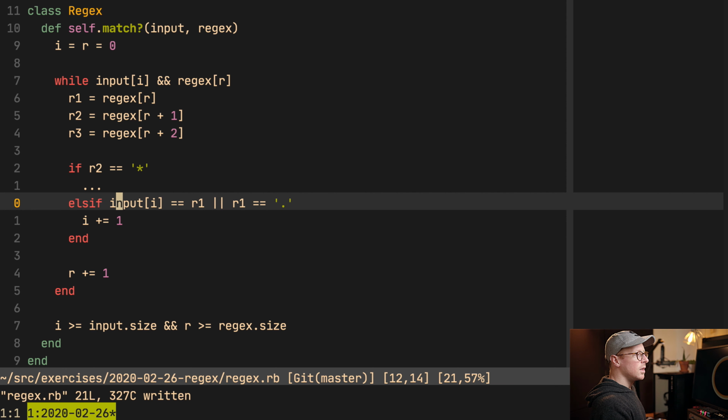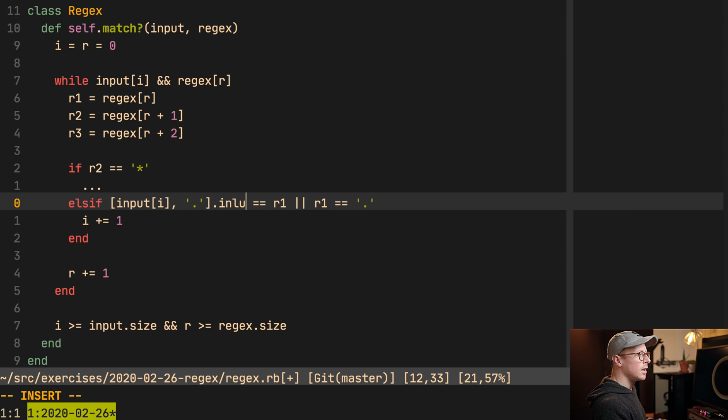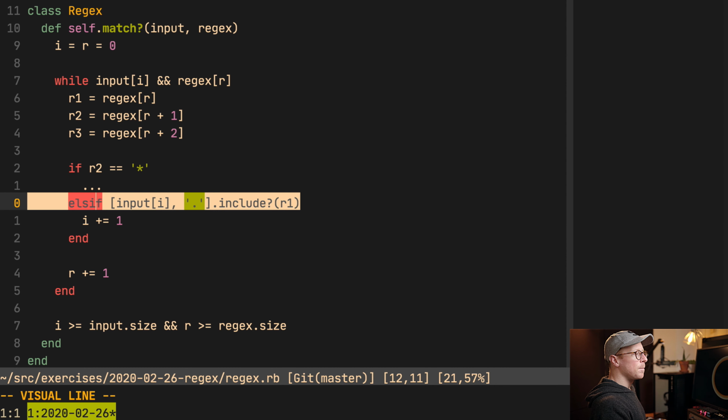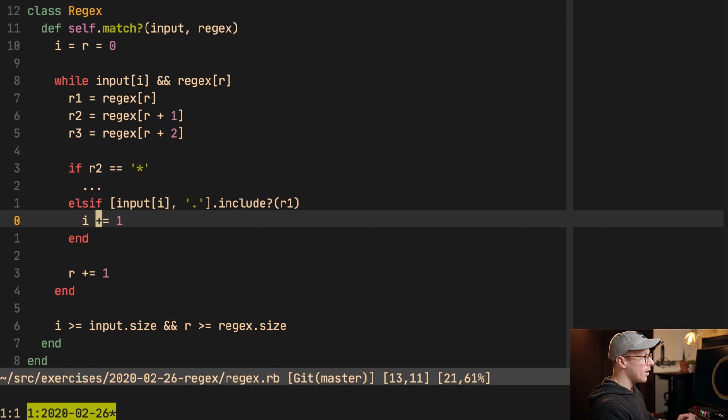Something like this, which could be rewritten as input I dot include R1. Okay, so if our current character matches our current position in the string, then go ahead and